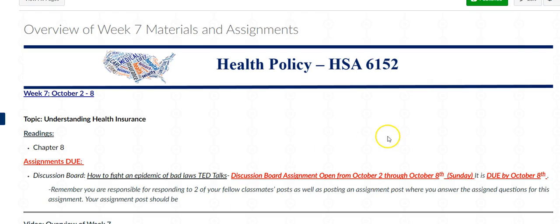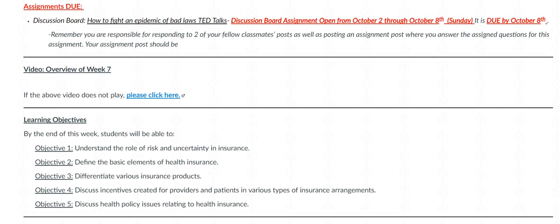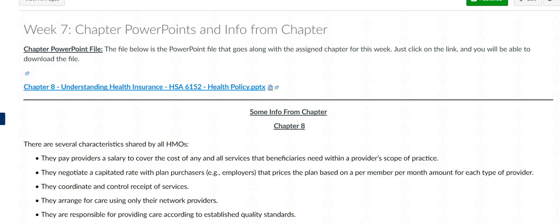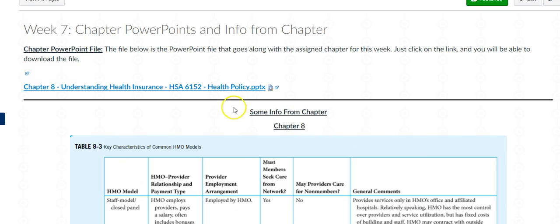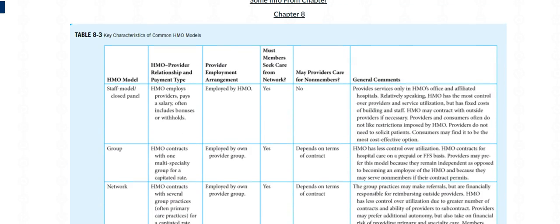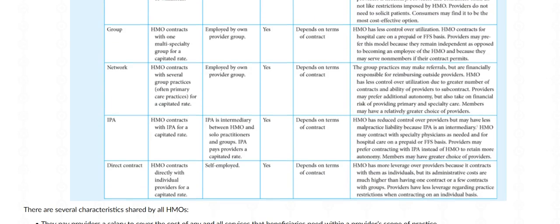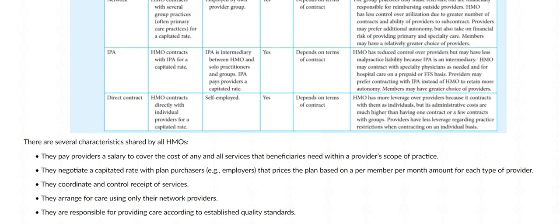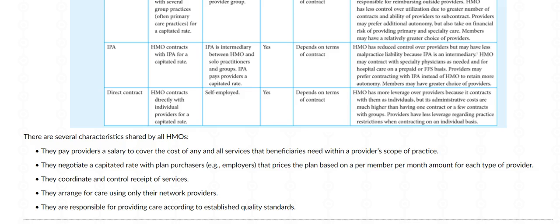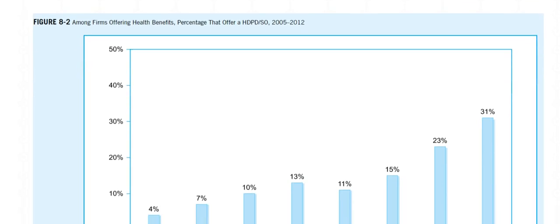All right, so let me go through this week's module. Here are the learning objectives, and then straight to the next page. Here you have your PowerPoint presentation that goes along with chapter 8. And here's some information from the chapter. This specific table just discusses the different characteristics of common HMO models. And this way you can see the different characteristics that they share. Below that is a table that